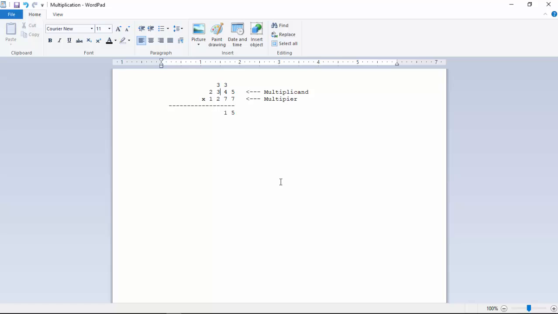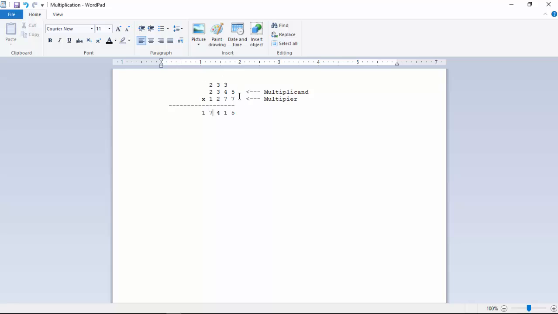Then 3 multiplied by 7 is 21, plus 3 is 24, and the carryover is 2. And 2 multiplied by 7 is 14, plus 2, 17. So we write down 17 here. So essentially we multiplied 7 with 2345, which results in